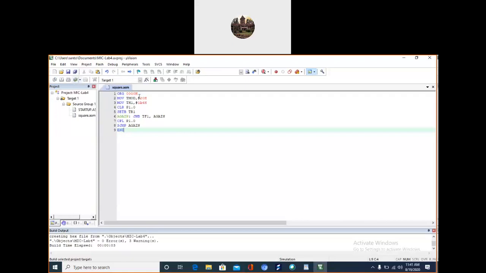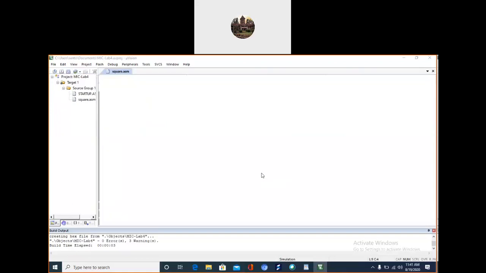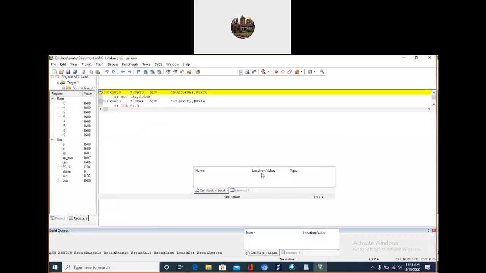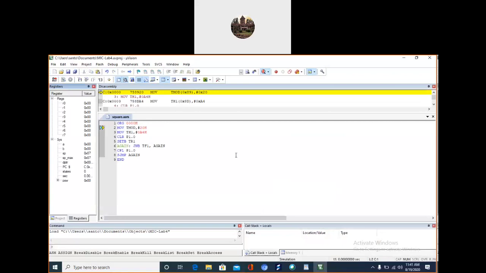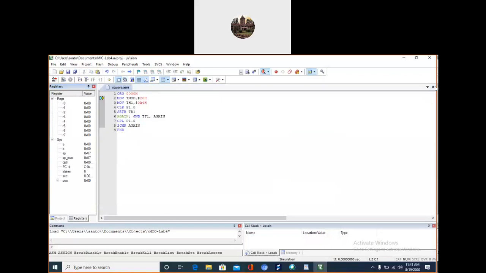Then I will debug it. It is an evaluation mode, which means I can't run code greater than 2K in size. Okay, so it runs. I disable this disassembly mode. I don't require it now. So we are focusing on this only.